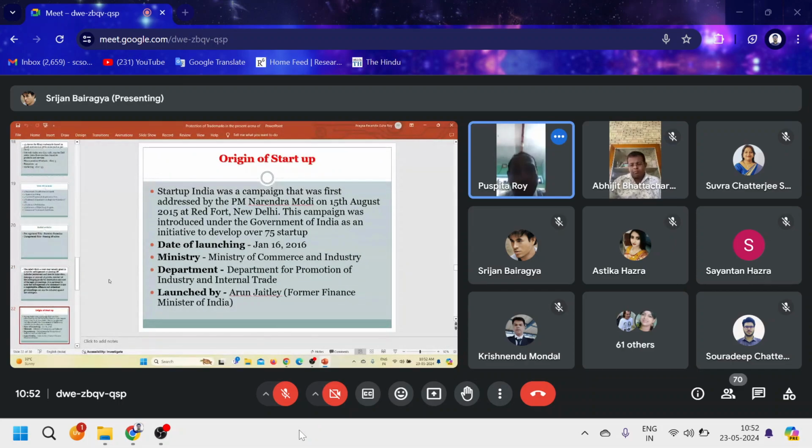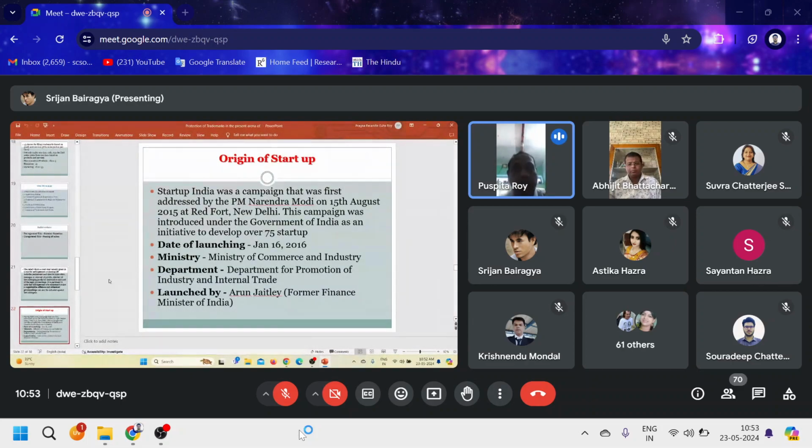Coming to this startup, because today's topic is related to startup. Now, startup, what is this about? Startup was first campaigned by our Prime Minister Narendra Modi on 15th August of 2015 at Red Fort, New Delhi. This campaign was introduced under the Government of India as an initiative to develop 75 startups, the new startups. And after the campaigning started on 15th August of 2015, ultimately in the year